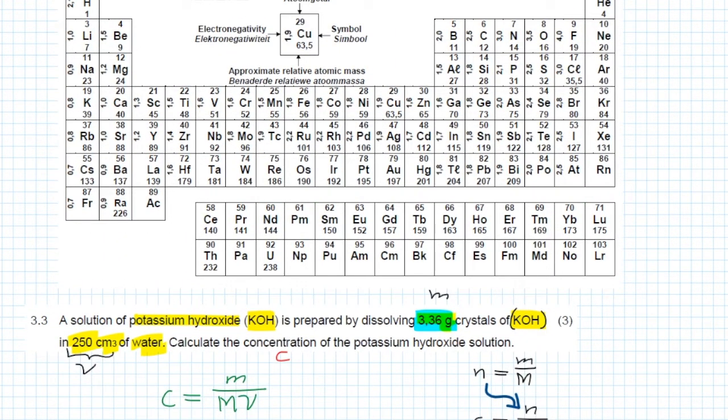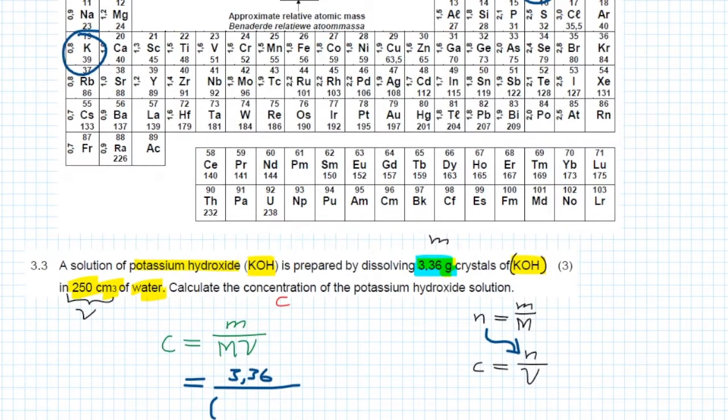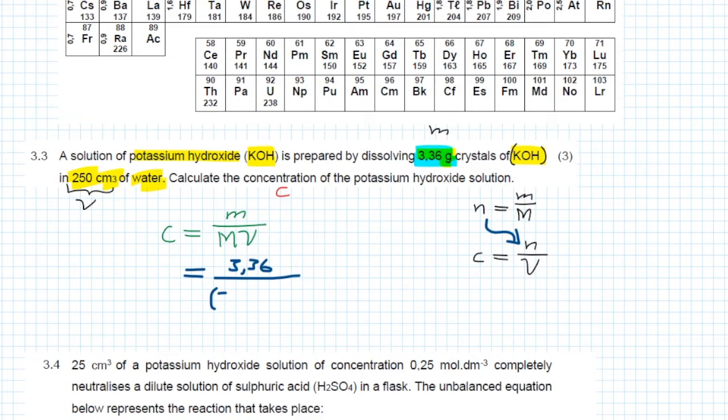Potassium has an atomic mass of 39. Oxygen is 16 and hydrogen is 1. So in the place of the molar mass, we have 39 plus 16 plus 1. Okay, that is the molar mass of potassium hydroxide, and the volume is going to be the volume